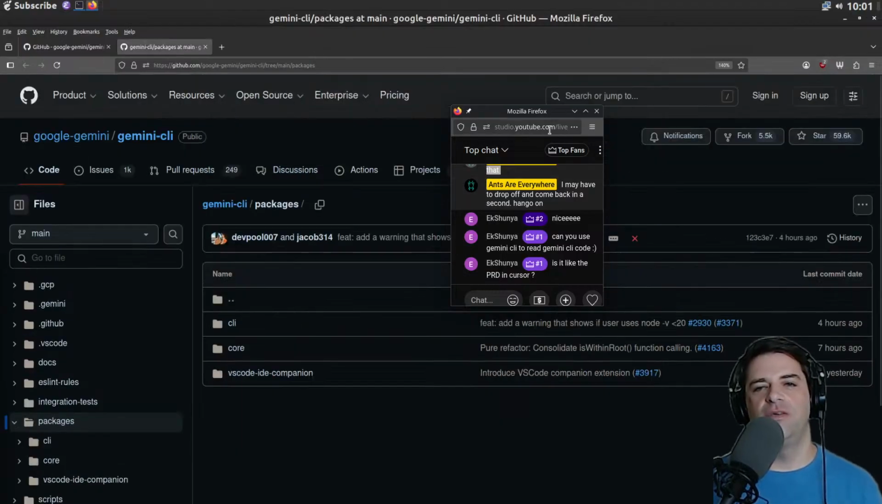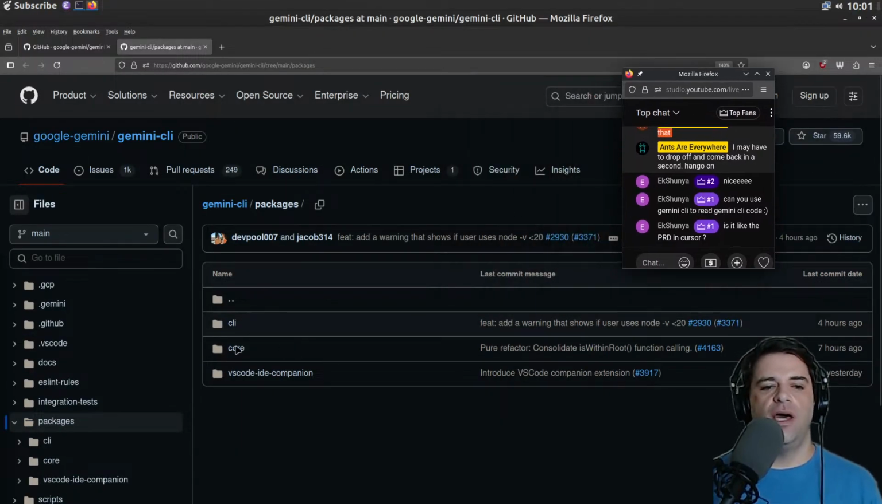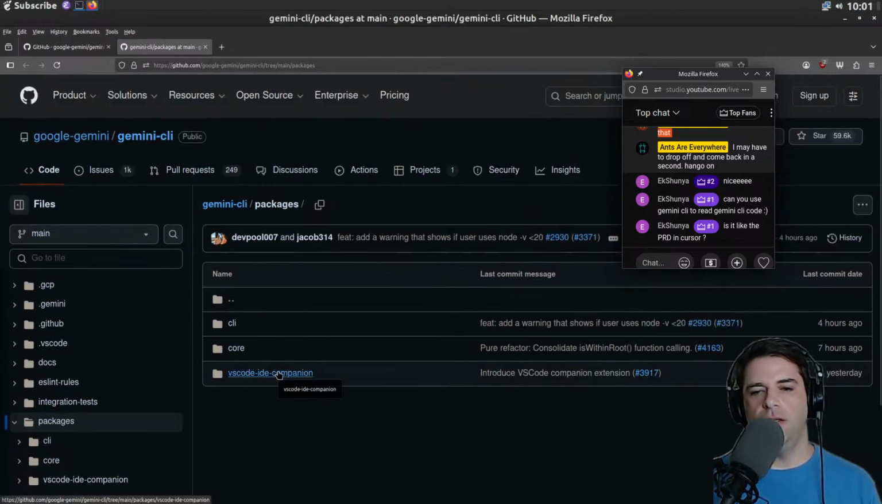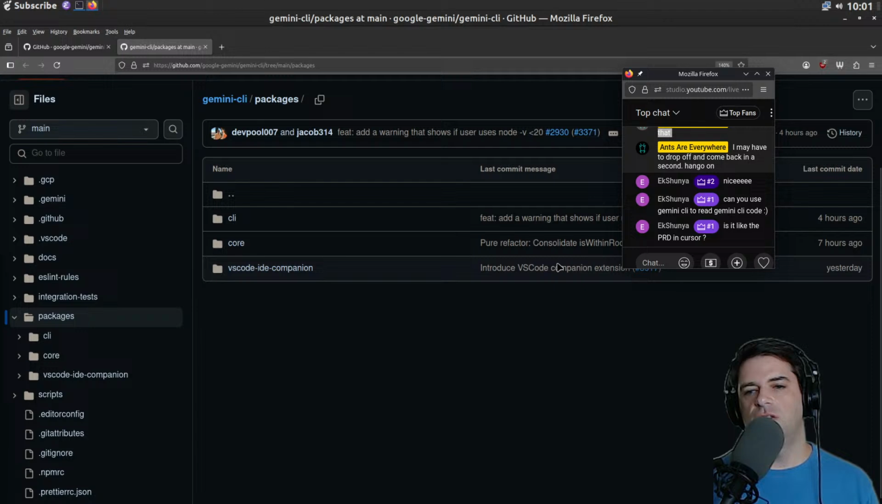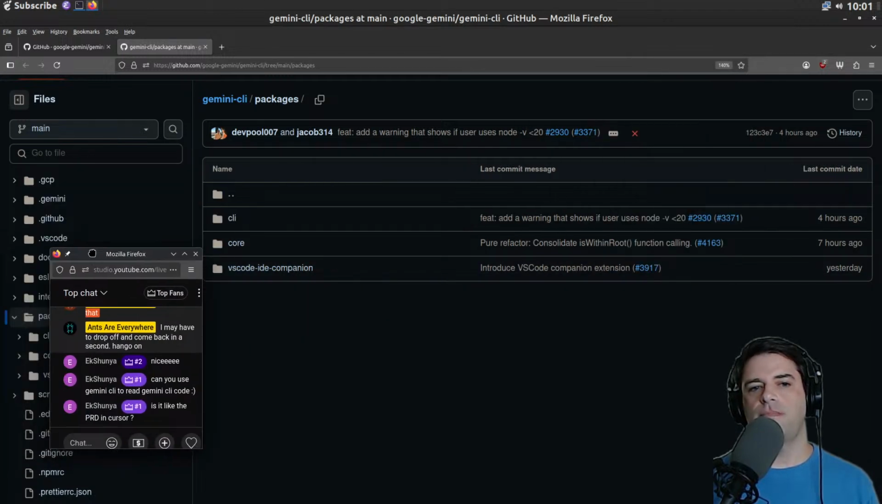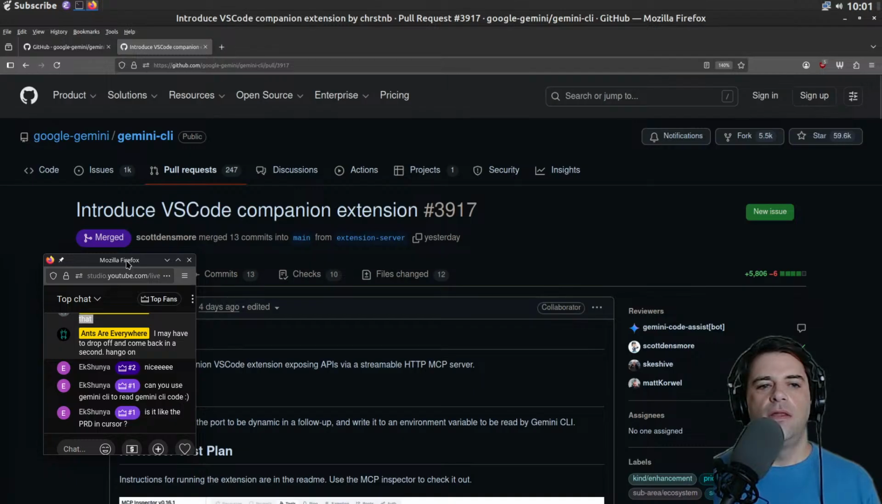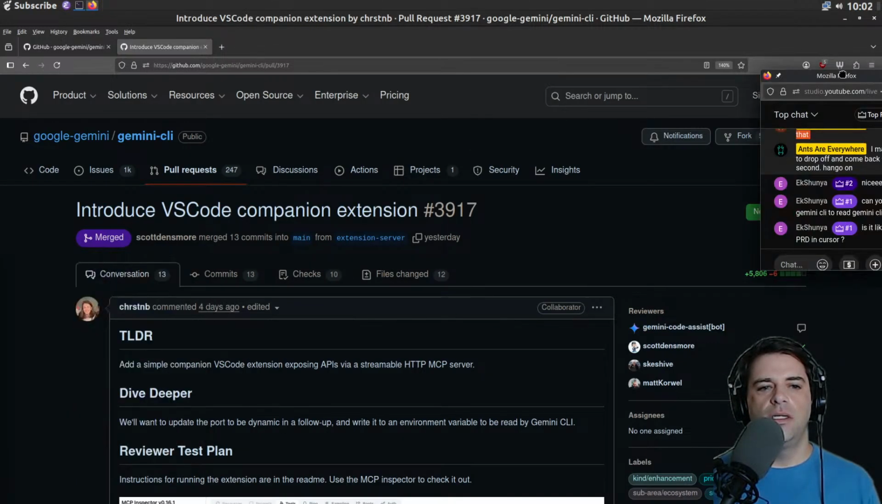And now we are on to packages. So in the packages, we have CLI core and VS Code IDE companion. I'm guessing this is some extension. Introduce VS Code companion extension. Should it be in this repo? I guess so. This is some bug by